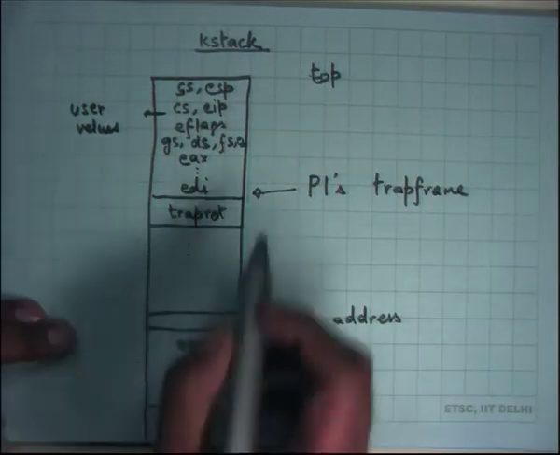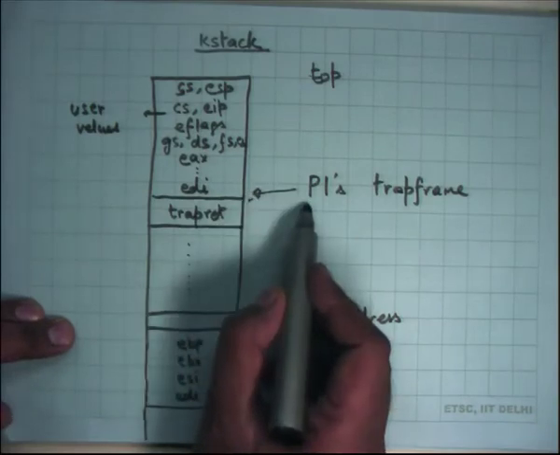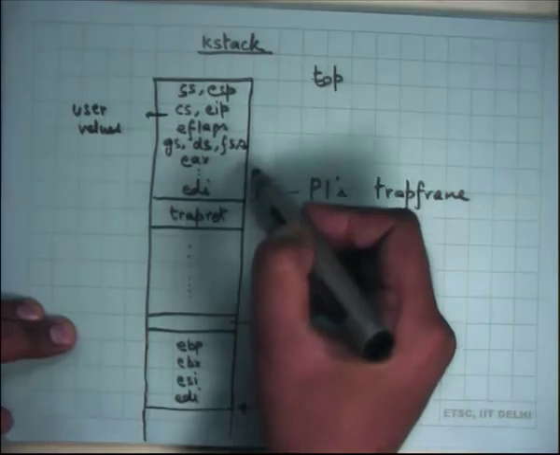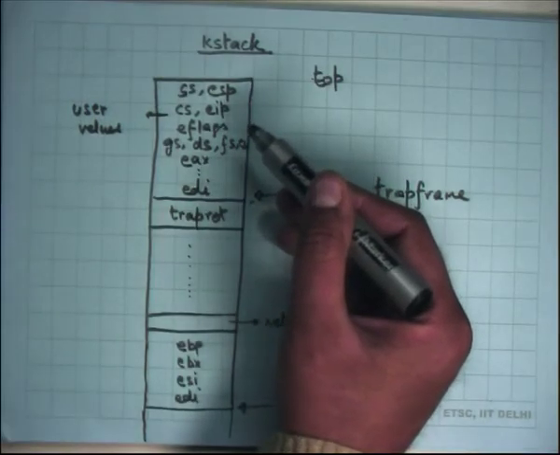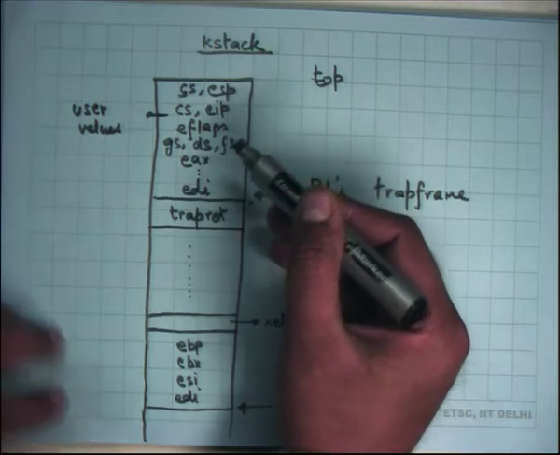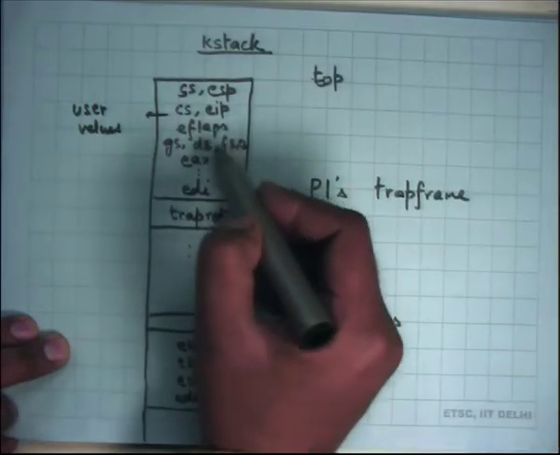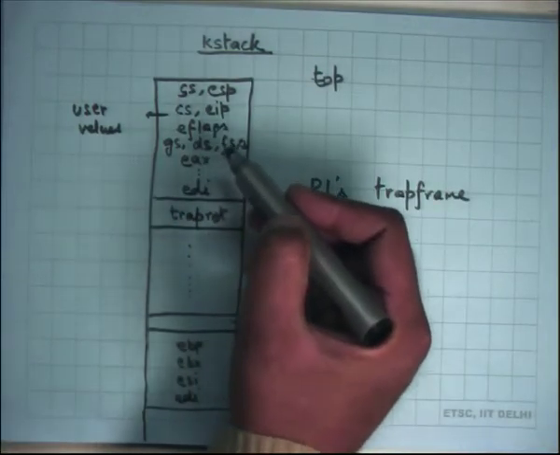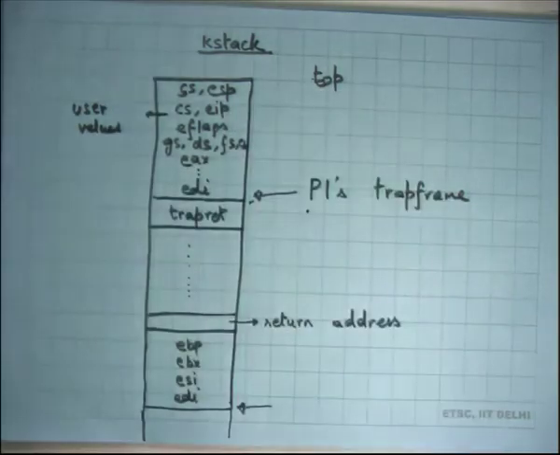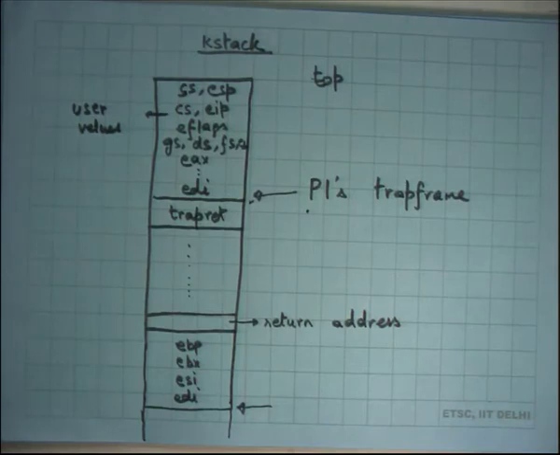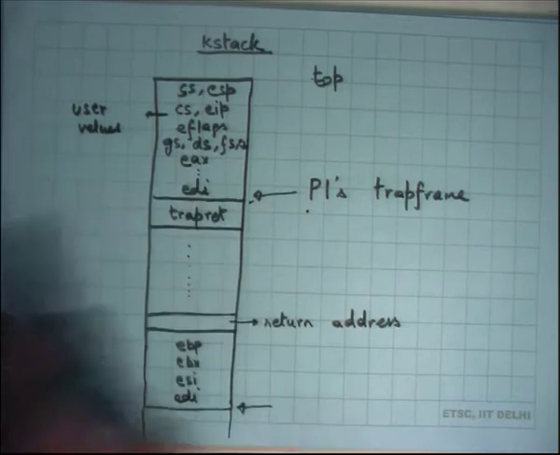We've seen this before. So the pointer to this structure can also be called P1's trap frame, right? This entire structure contains the entire information about the user execution when it was interrupted, or when it entered the kernel, and you can use this information to, for example, pass arguments from user to kernel. We saw that, and these registers can also be pointers, so you can even dereference these values because you are executing in the same address space, right? And you can also use this to return values.